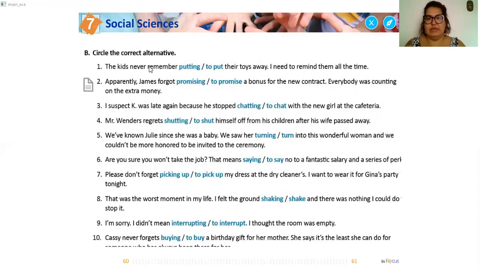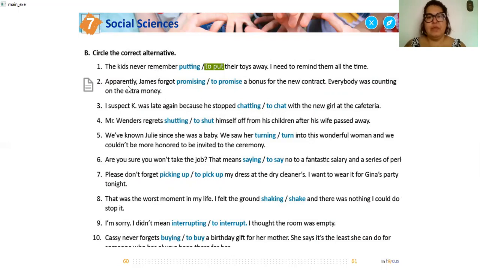Circle the alternatives. Here we have those verbs that will admit both forms, but with different meanings. So when I have verb with ing, the idea is one. When I have verb with to, I have a different idea. The kids never remember to put their toys away. I need to remind them all the time. So here, to put, because it's something they need to do,